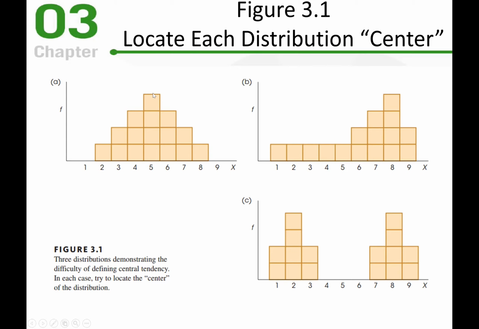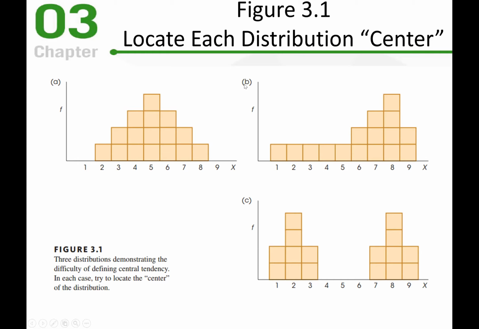The majority of scores are going to be in the middle as well. So that looks like a good choice, a good option for the center of the distribution. All right, but then we have